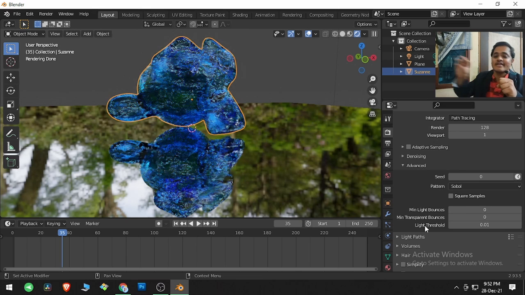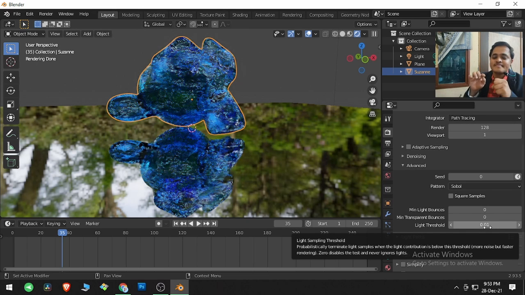If this light is very far and its contribution is less than 0.01, the light threshold of 0.01, it will negate that light and will not calculate the light falling over this object. It is one of the smartest things that Blender developers have given us.